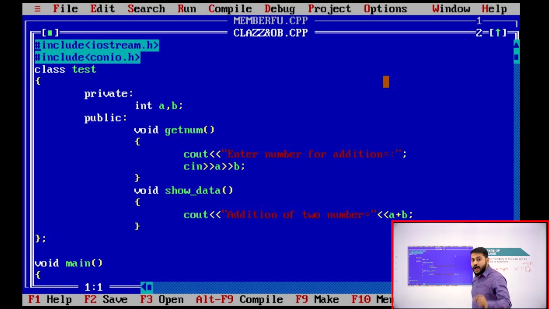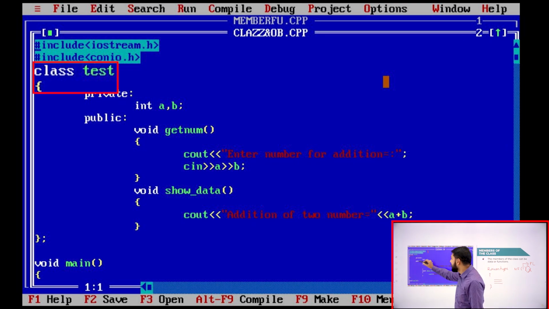Then, followed by, I have already told you guys, how do I declare the class? I have to start with the keyword called class. That is what I have written. Followed by that, what do you call this? Test. Whatever I have, this is what I will call the name of the class. This is what I will call a class name. So guys, what is the name of the class that I have? I have the class name as test. What is the keyword that I have used? I have used the keyword class.